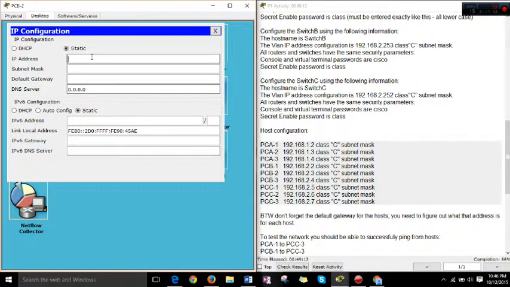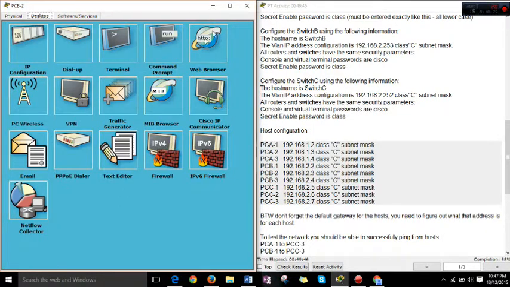So we want to do 192.168.2.3. That's correct. 192.168.2.254. That is correct. And I just want to get rid of the DNS default settings. Don't want any conflict in our network. 192.168.2.254. You want to close that,